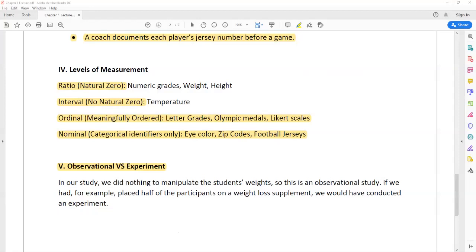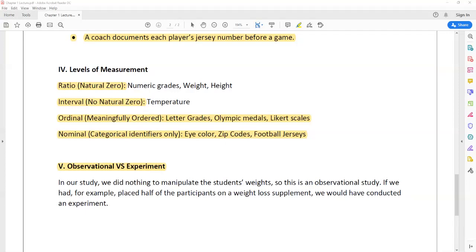So you just take a seat and you take out maybe a notebook. You just kind of jot down the information, or maybe you record the participants. They don't really know you're there, and you're not doing anything to manipulate them. That's observation. An experiment means that you actually did something to manipulate